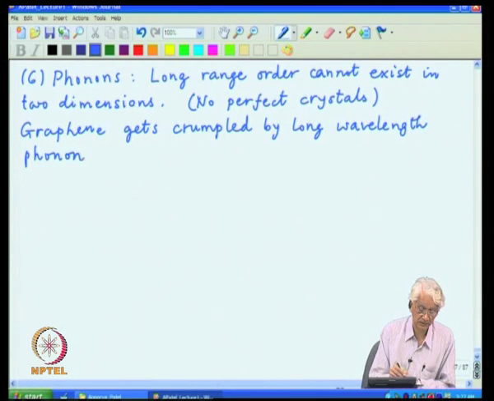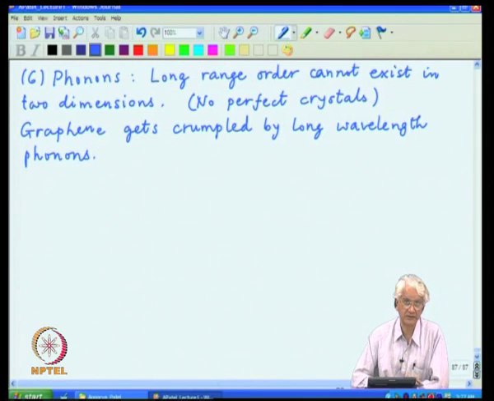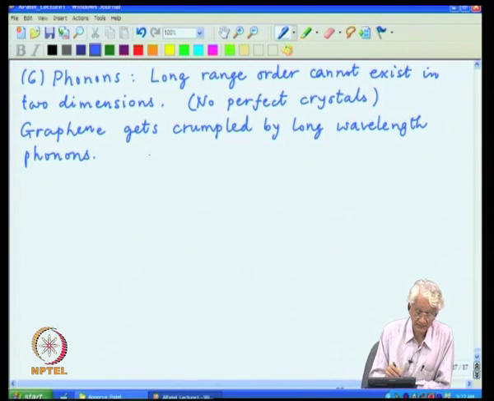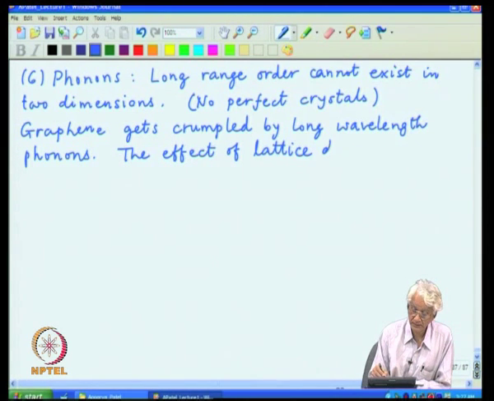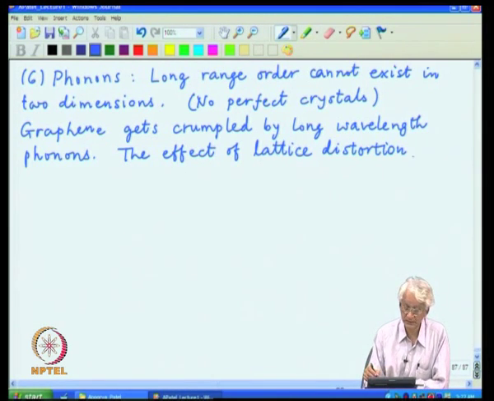There will be a cutoff on the crumpling at short distances provided by the lattice unit itself, but at long distances there will be so-called wavy distortions, and this distortion now can be included in the band structure analysis, which I did, again as some small perturbations on top of the regular behavior,